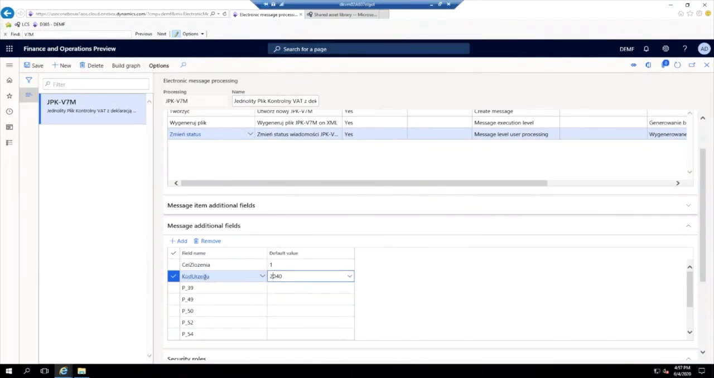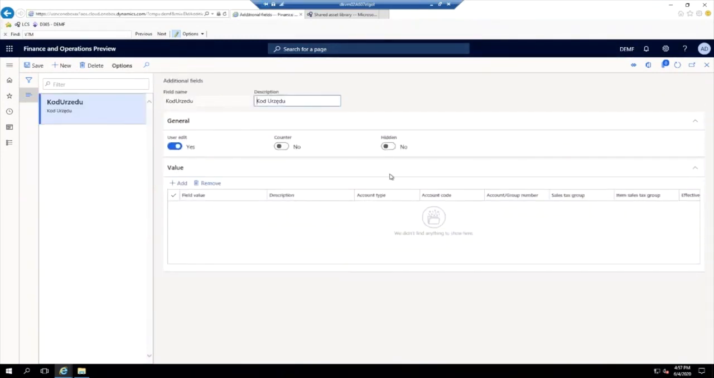We can quickly go to observe this field. If this field has a user edit property as yes, this means that the user will be able to change the value of this field. If you want to lock the possibility of editing this field during the report generation, you can quickly change